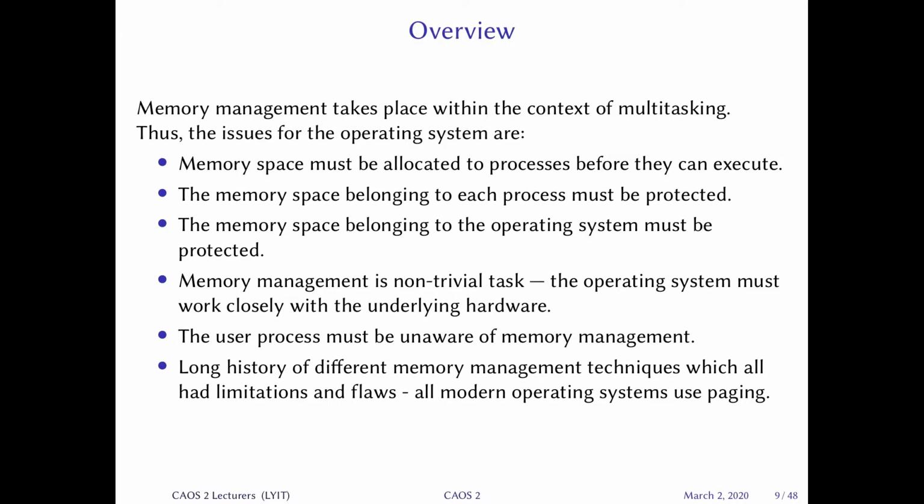So the first point is that for a process to be able to execute, it has to be in main memory, and that's a fundamental requirement of any computer system. A secondary requirement is that the memory space that belongs to each process must be protected. So we can't have a memory management system that allows a process to get access to the allocated memory space